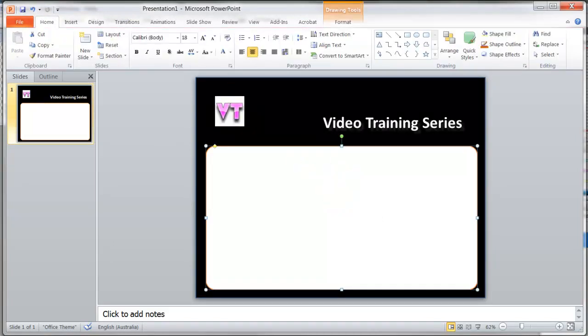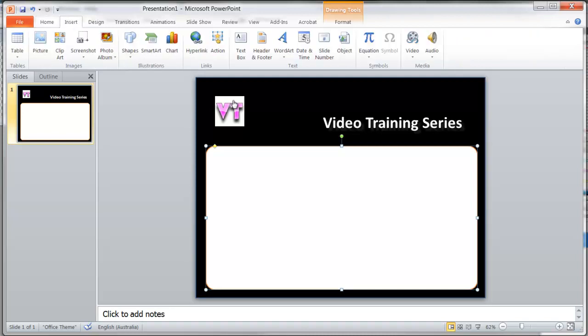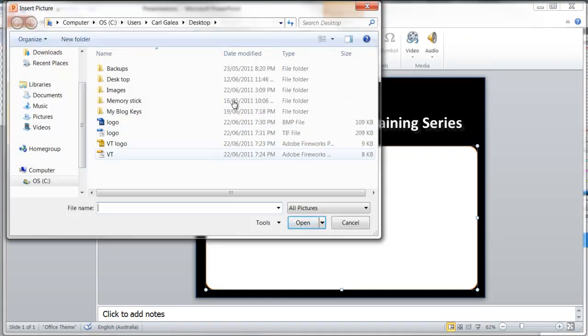You'll notice that this does have a white background around it. GIF files sometimes do that. If you do have a logo from your designer, a TIFF file, TIF, is a good way to go. Essentially, we just don't want a background in this one because it just doesn't look right. So if we now try and insert a TIFF file, which is this one,